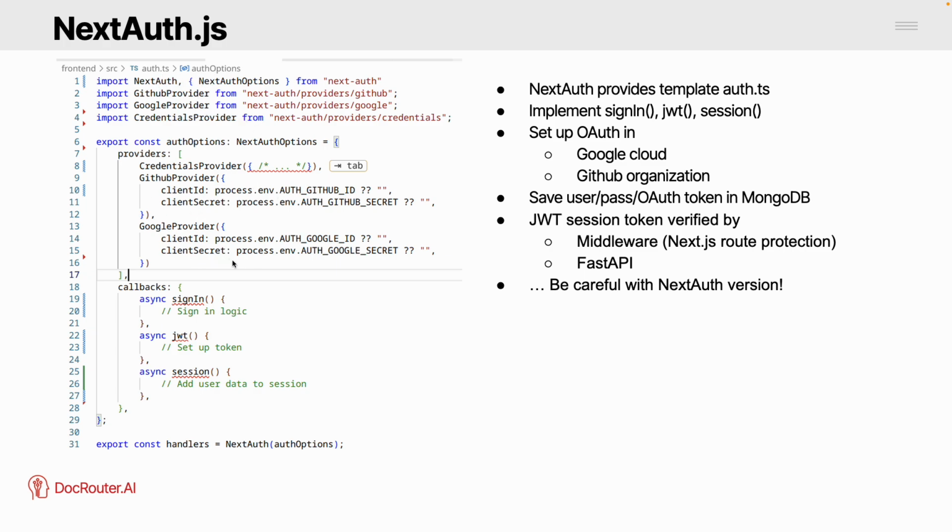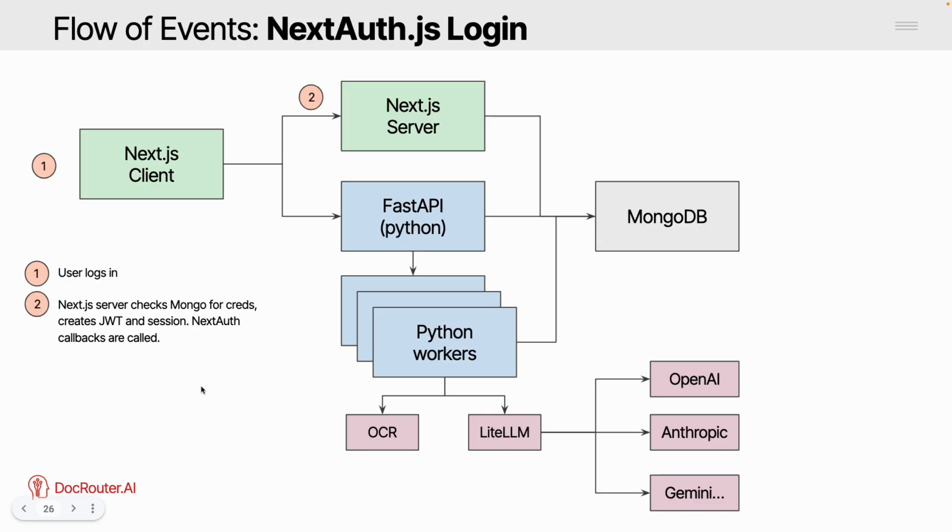The main component would be this auth.ts file where you define, let's say, your GitHub OAuth credentials and your Google OAuth credentials, which you create in GitHub and Google so that people can sign in directly with a Google account. And then you have to implement these callbacks for sign in, for session, and so on. So, okay, I think that's what I wanted to talk about